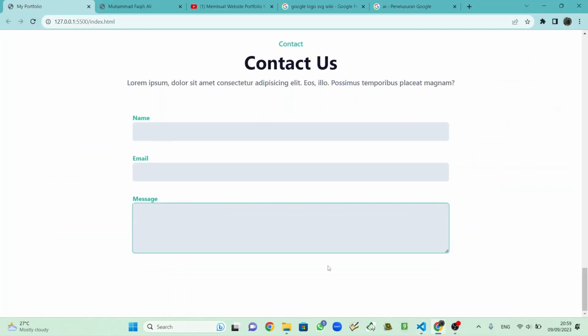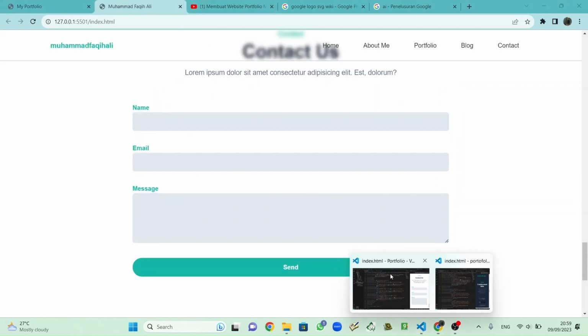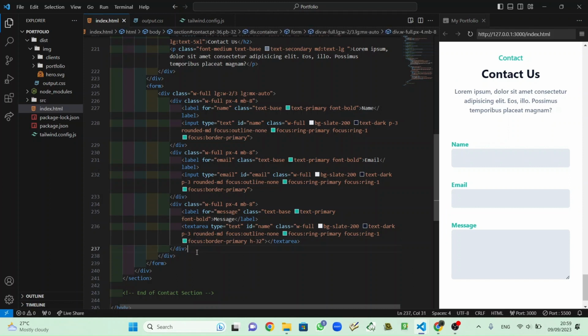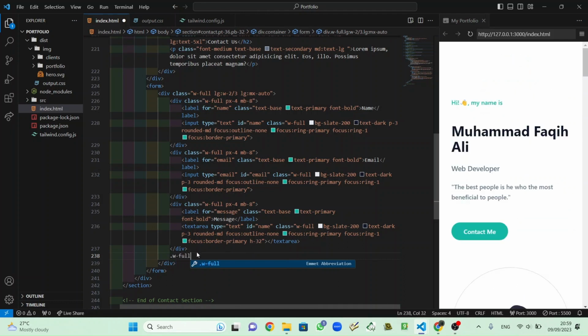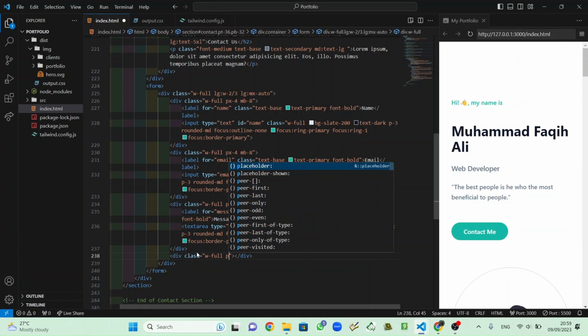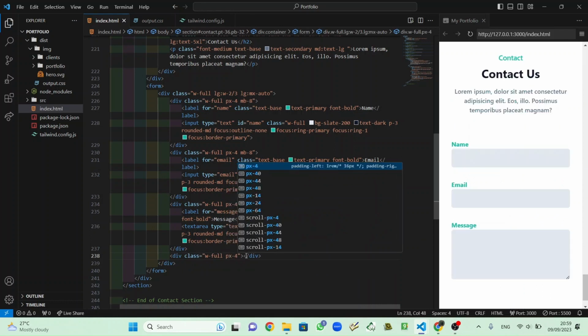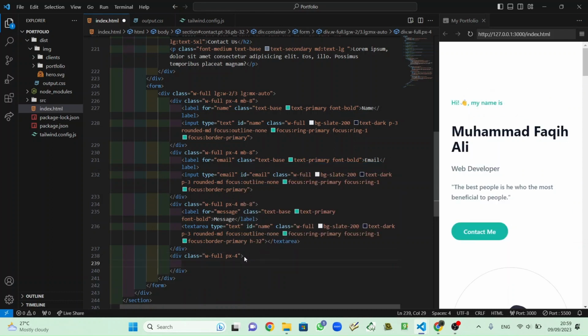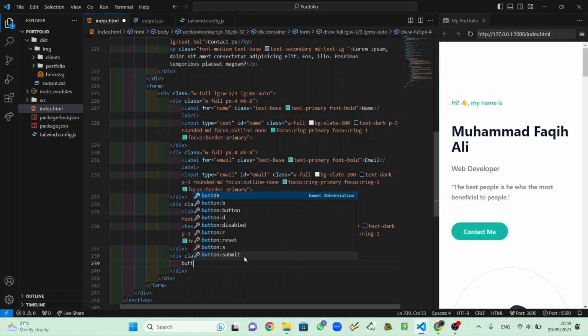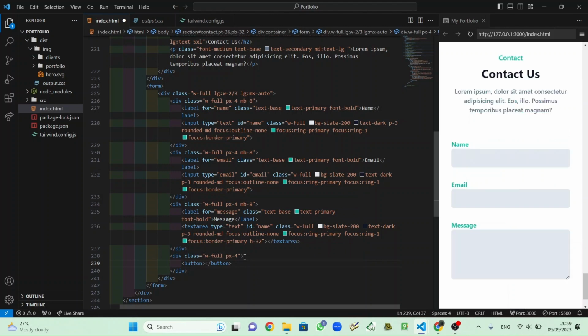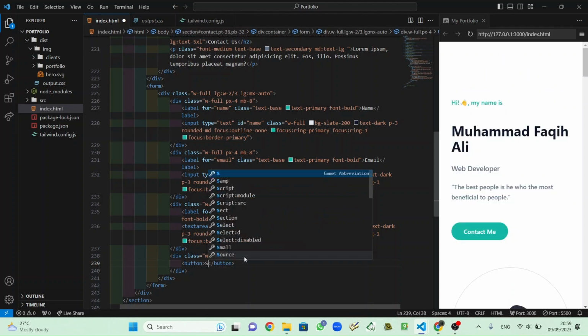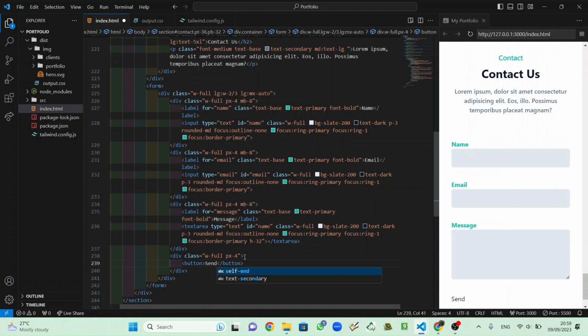It's the same. And the last thing is button. Button. I'm sorry, button. Width as always full, and px is for save, and then button with the content send, and then class